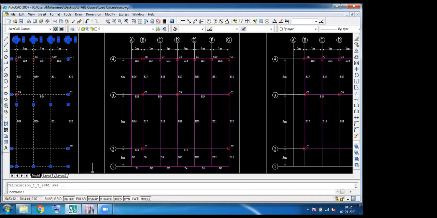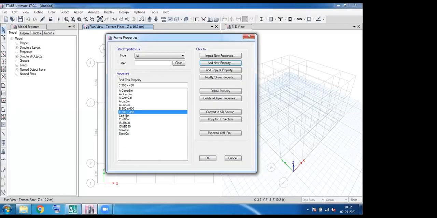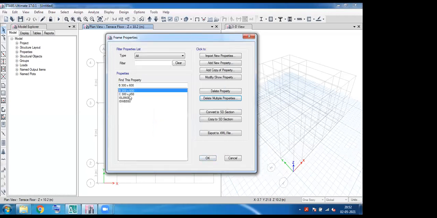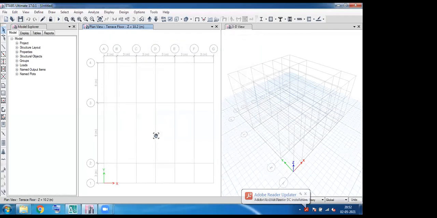But due to time constraint, I'm just creating a single column with a size of 300 by 450 mm cross section, and I'm deleting the rest of the properties. So now I created a single section for a beam as well as the column, and give OK.